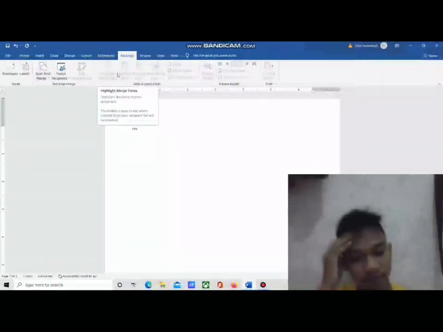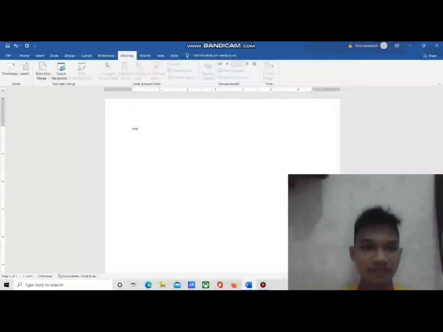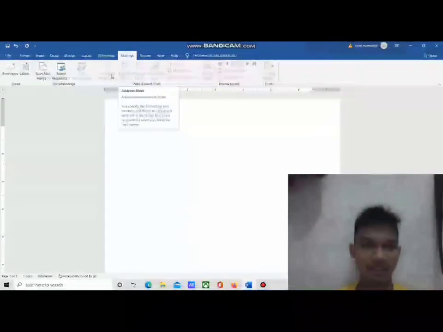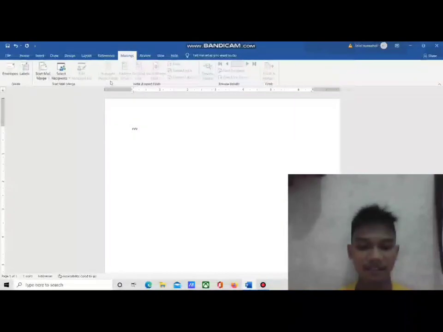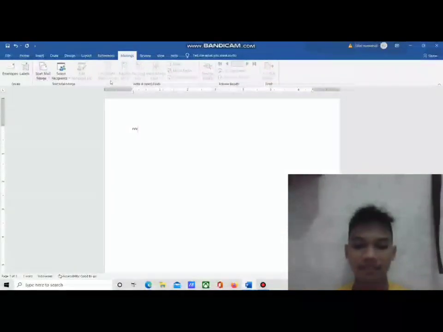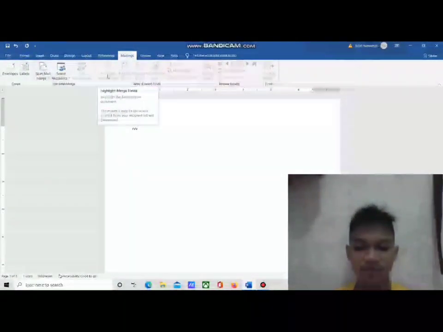Group Write & Insert Fields. Highlight Merge Fields: detecting and correcting incorrect information related to the letter we are currently composing.